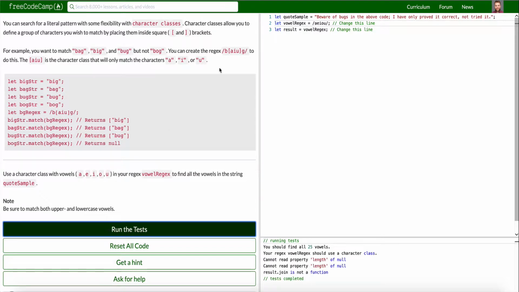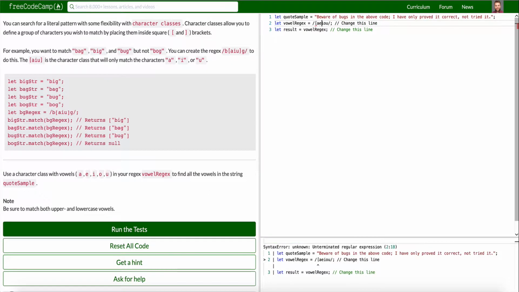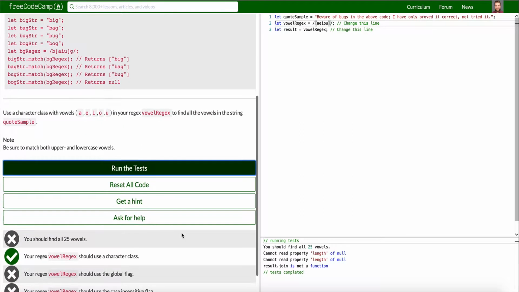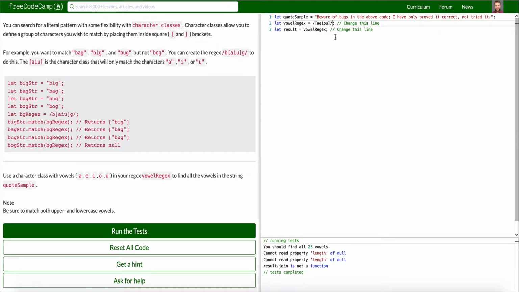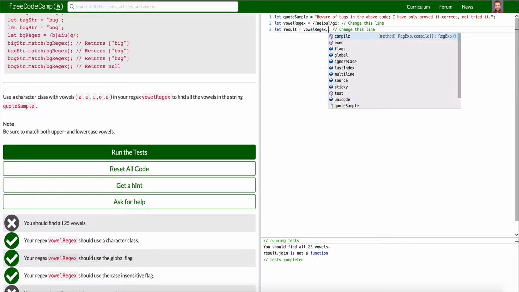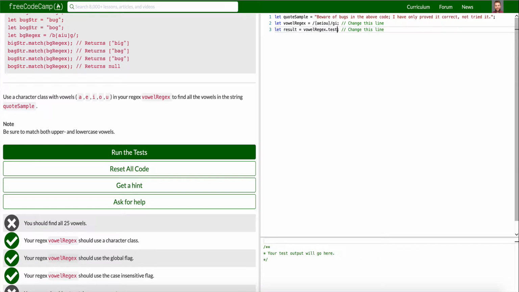Go ahead and run that, and then I think what we need to do is A, I, O, U, is we need to run it like this, match with upper and lowercase vowels, GI, and then let's go and run this, and result.join, vowelRegex.test, and I think we need to test it with quote sample. Run that,